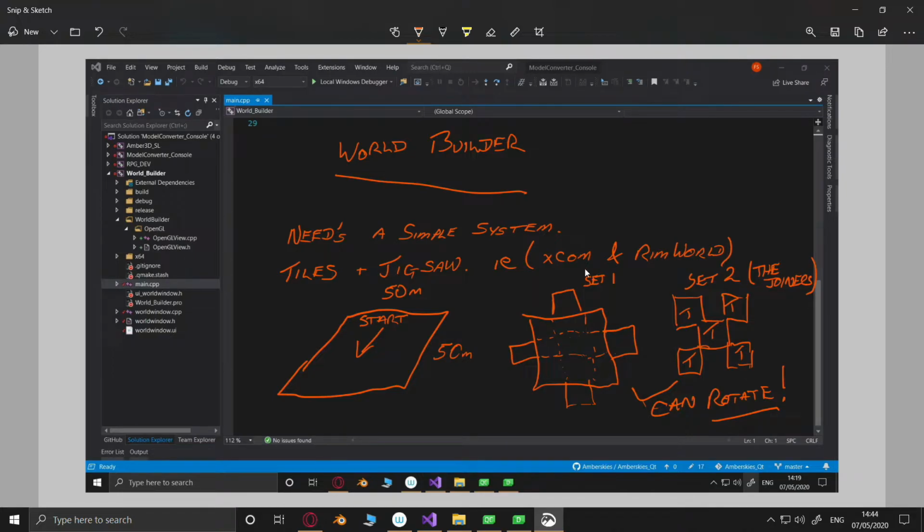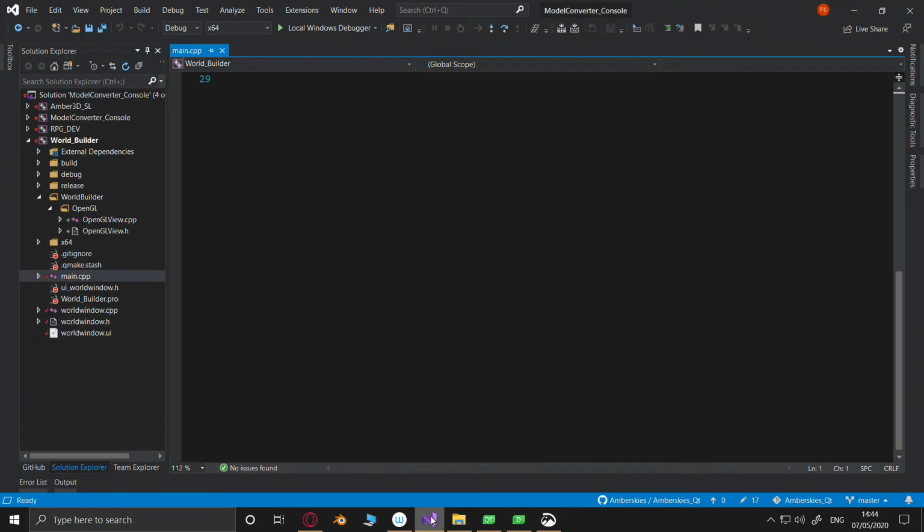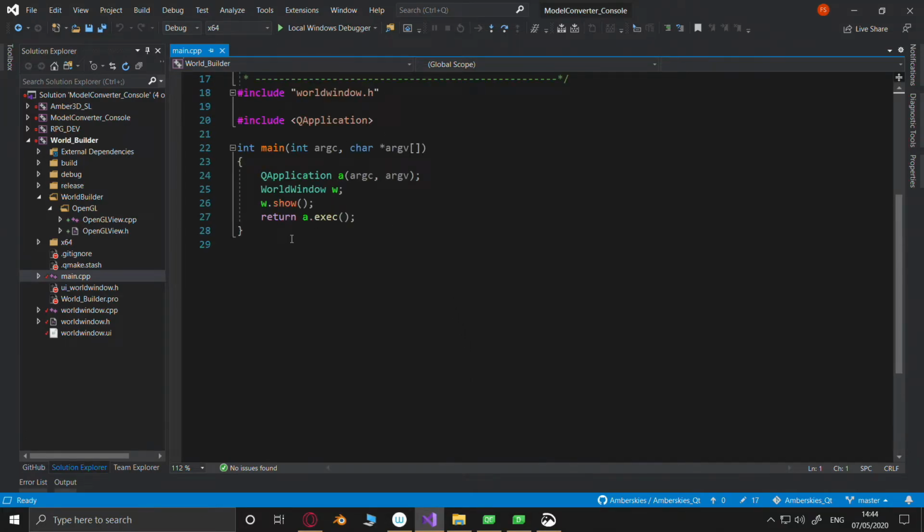So the first thing we're going to need is a 50 meter by 50 meter ground plane model. That's going to be our starting point, I think.